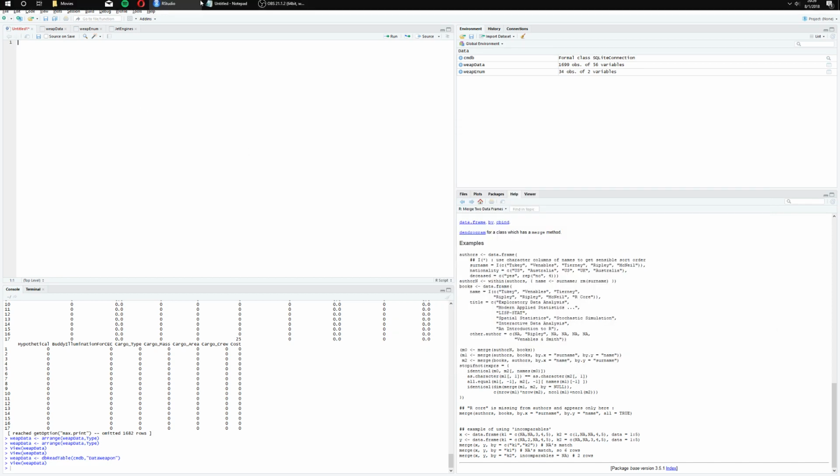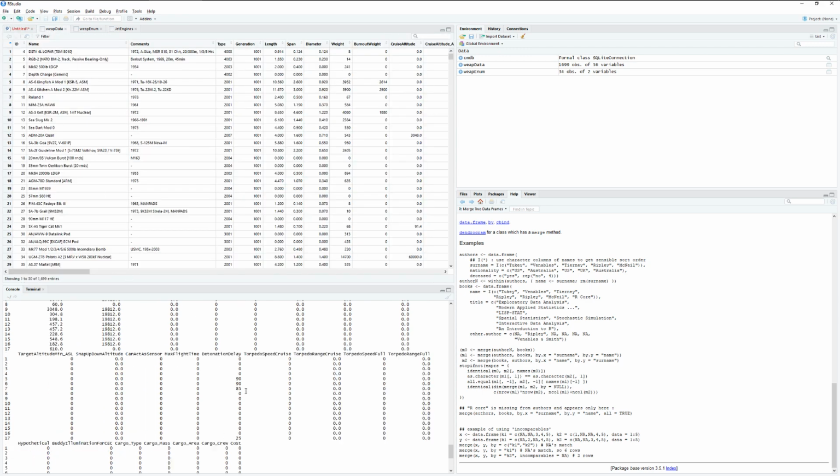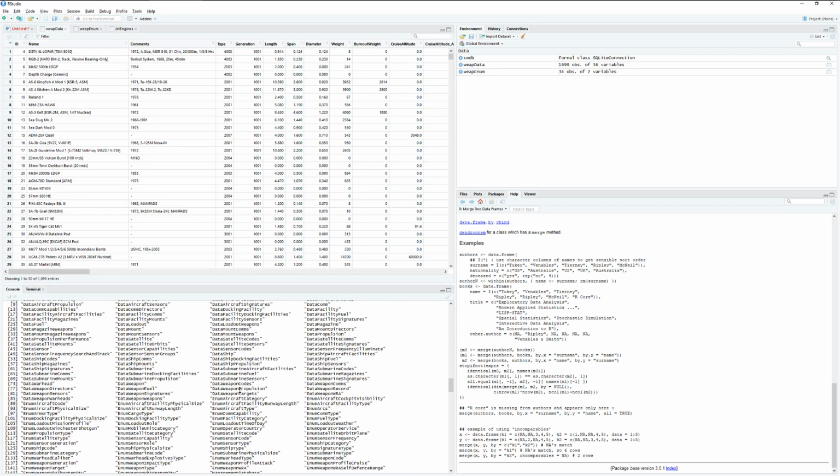Hello everyone, this is going to be a nice and short video showing you a quick little function in RStudio that will make your life a lot easier if you're working with command data. So real quickly, whenever you're working with the command database, you probably notice